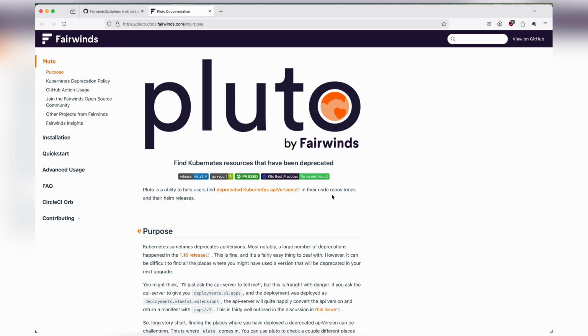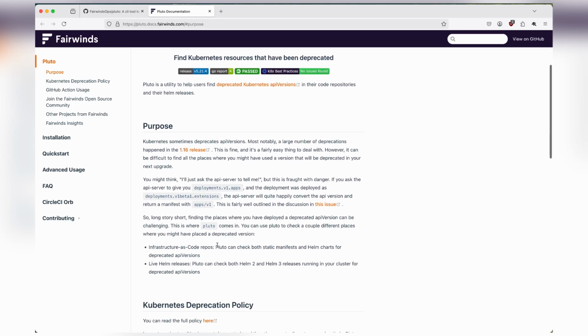Pluto by Fairwinds. This tool is basically used to identify the Kubernetes resources that have been deprecated. Many times we have identified that while deploying to a specific Kubernetes version, we fail to check the deprecations for our manifest files, since we manage a number of microservices, or a number of code repositories, and because of which sometimes we identify this on the day of the production deployment, and it becomes very difficult to